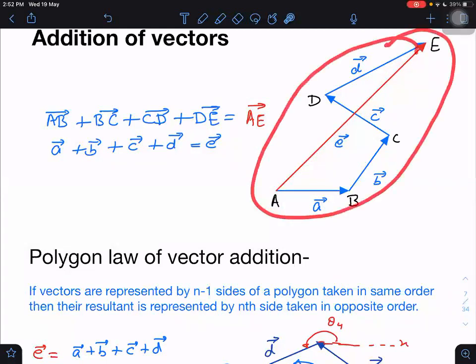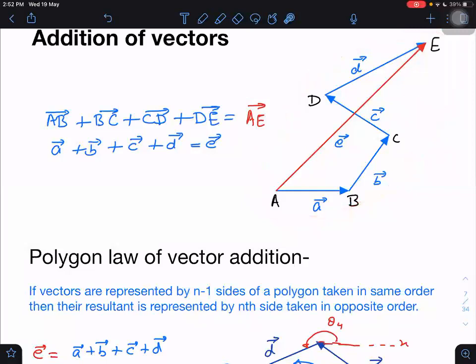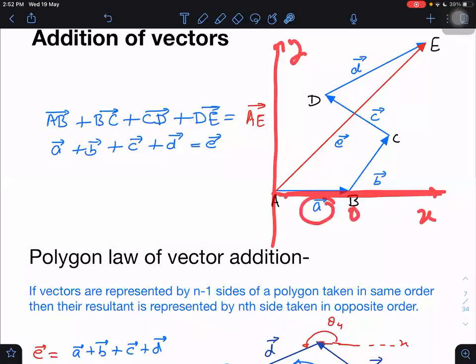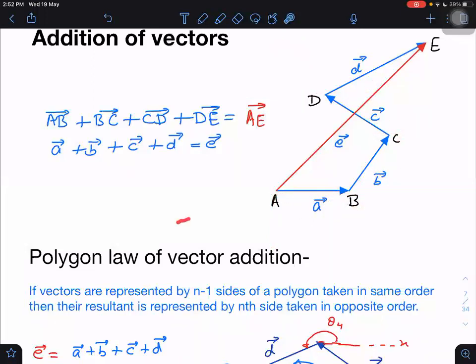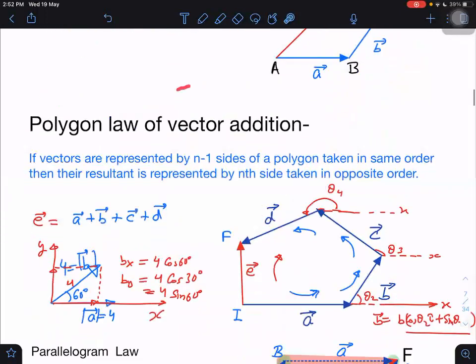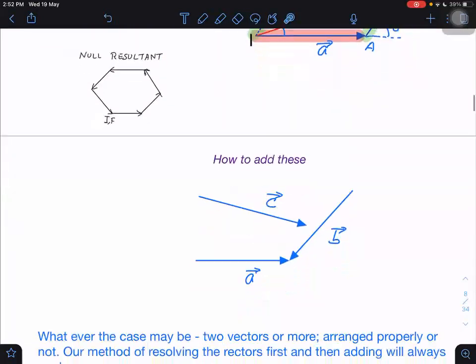How to do it in a diagram? In a diagram we have to do it in this way. And how to find out the actual magnitude of this? We have no way. What we have to do? I have to take the axis. What axis will I take? I will prefer to take the axis along any one of the vectors, so that this vector will make a 0-degree angle with this. Then for the others I can find the angle made by B, then the angle made by C, and then the angle made by D. Once I know all these angles, I can resolve into components. Once I am able to resolve into components, then we can get the answer.